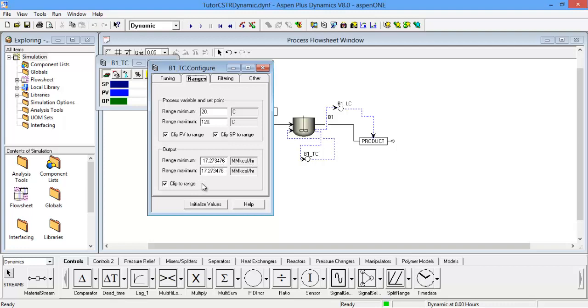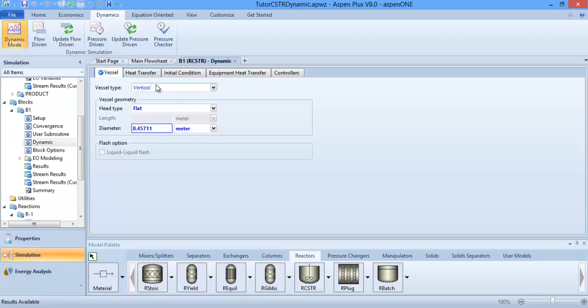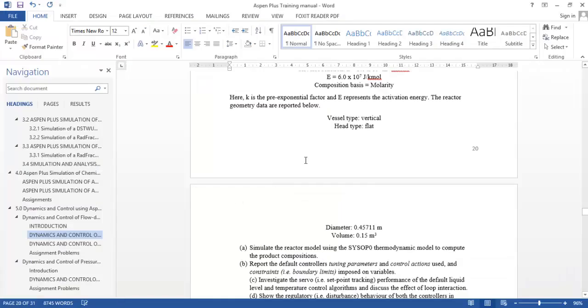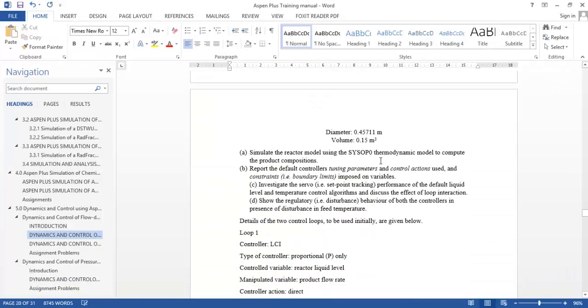kilocalories per hour. Okay, now it's because the units I'm using have been integrated into dynamics. The units I used in the steady state have been used in the dynamics as well. Okay, then another thing I'd like you to know is that these values go very wide from our set point and the process variable. Then we can change it, but I think the problem statement asks us to make use of. Now we have to simulate the reactor model. That's what we have done in